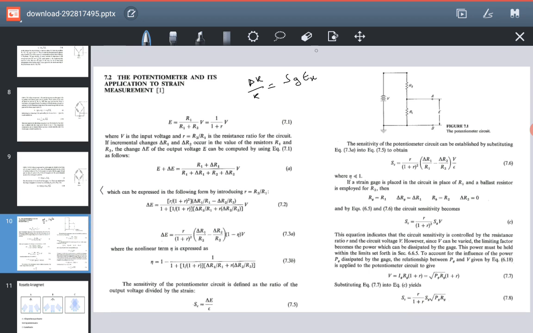Okay, now what this means is that delta R upon R is, I guess, wait a second, it is called the change in resistance. Now what happens is that when you apply a certain load, a change in resistance is observed, and the devices which convert this change in resistance into electrical current are the Wheatstone bridge and the potentiometer, and two circuit